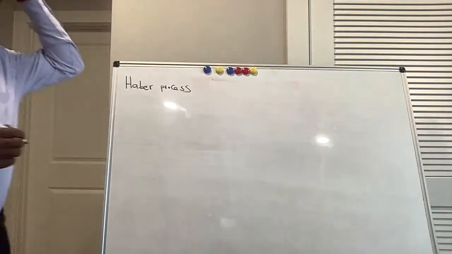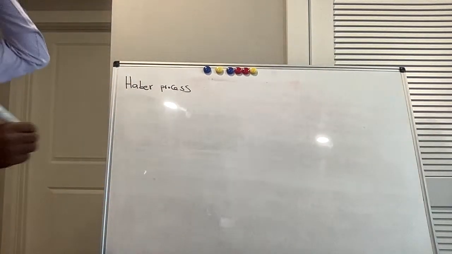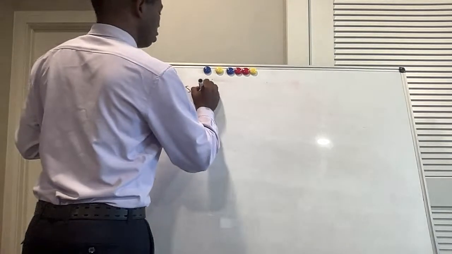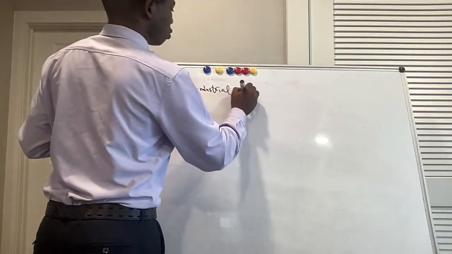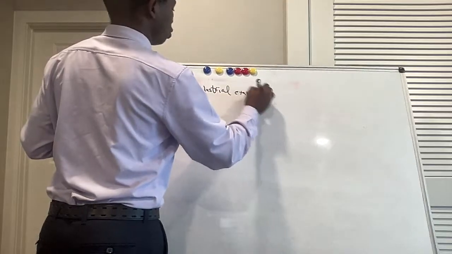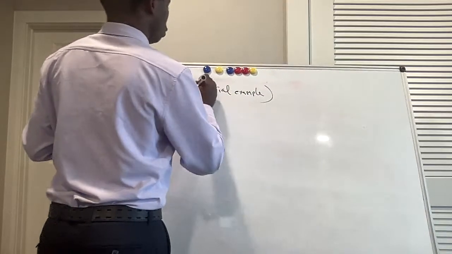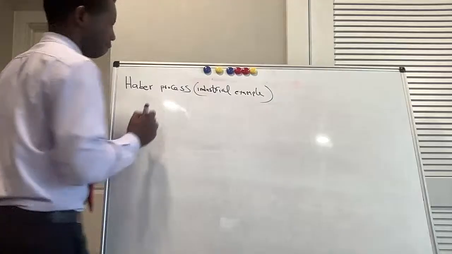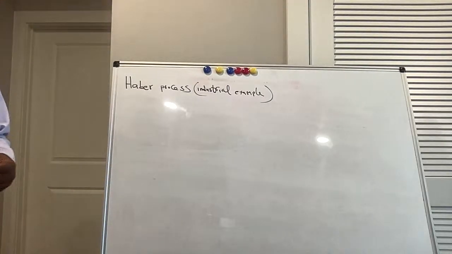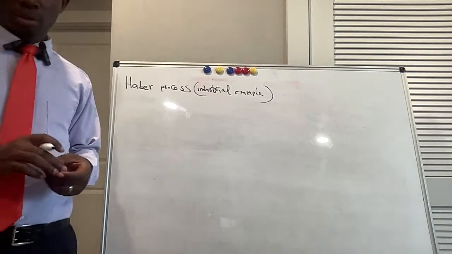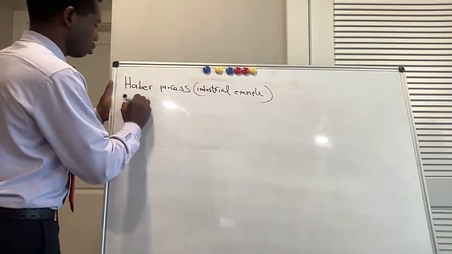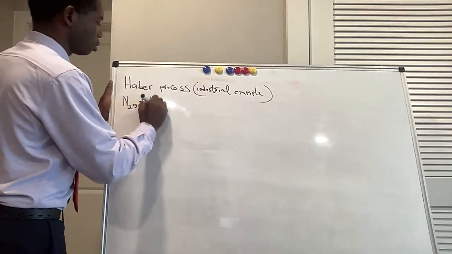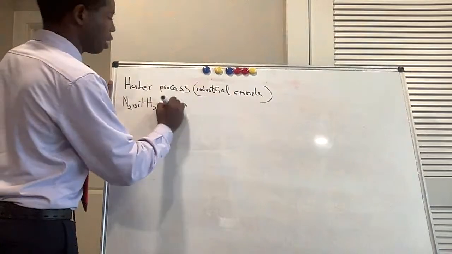We are going to look at the Haber process, an industrial example. That's what we said earlier: most of those reactions take place in industry. So if you want to produce a particular item, when nitrogen reacts with hydrogen to produce ammonia,